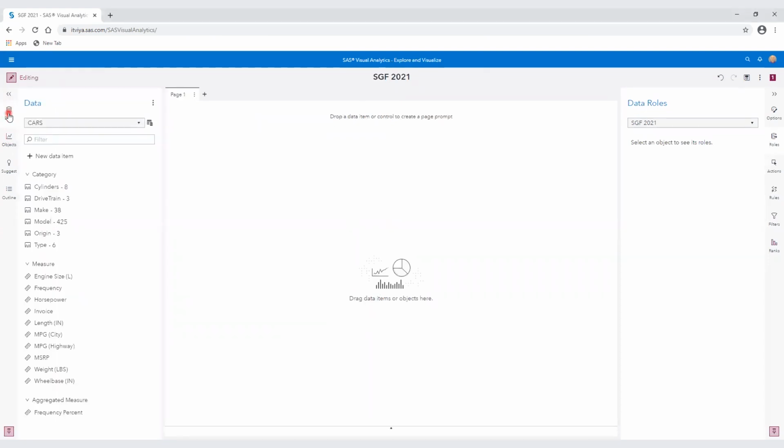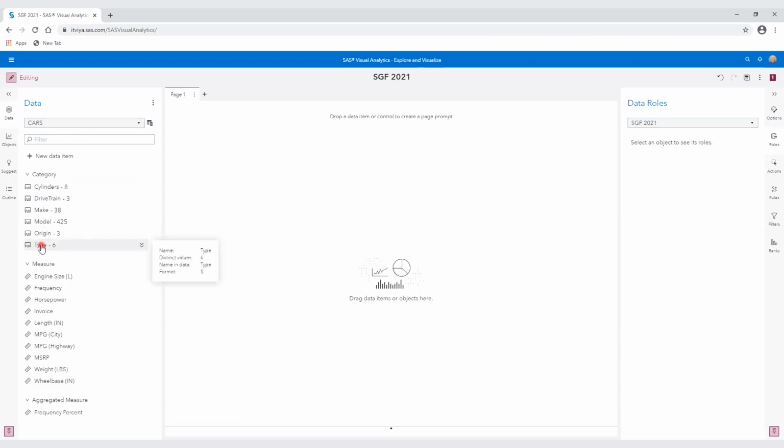What's our data source here? It's the cars data. We have 425 cars for sale listed here. And if we look at our data items, we can see they're divided into category data items and measure data items. So the categories include cylinders, drivetrain, make, model, origin, and type.